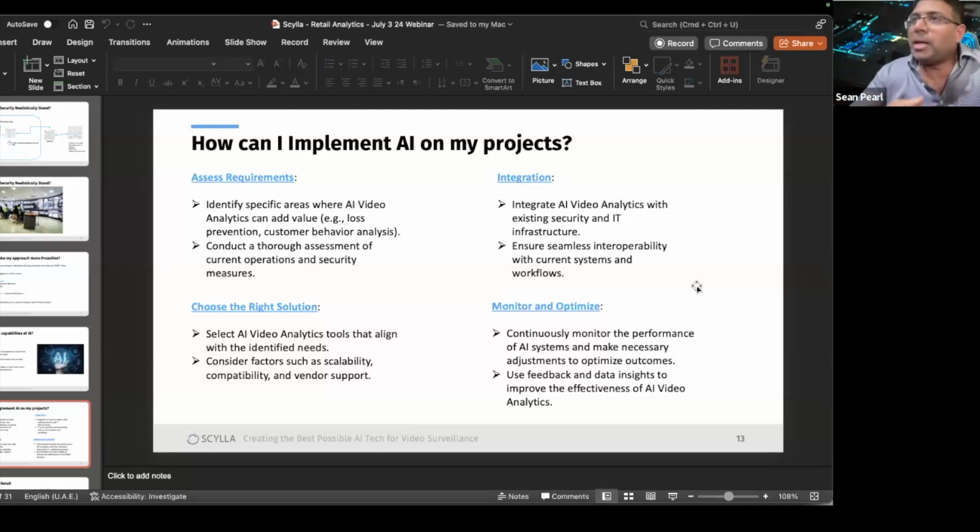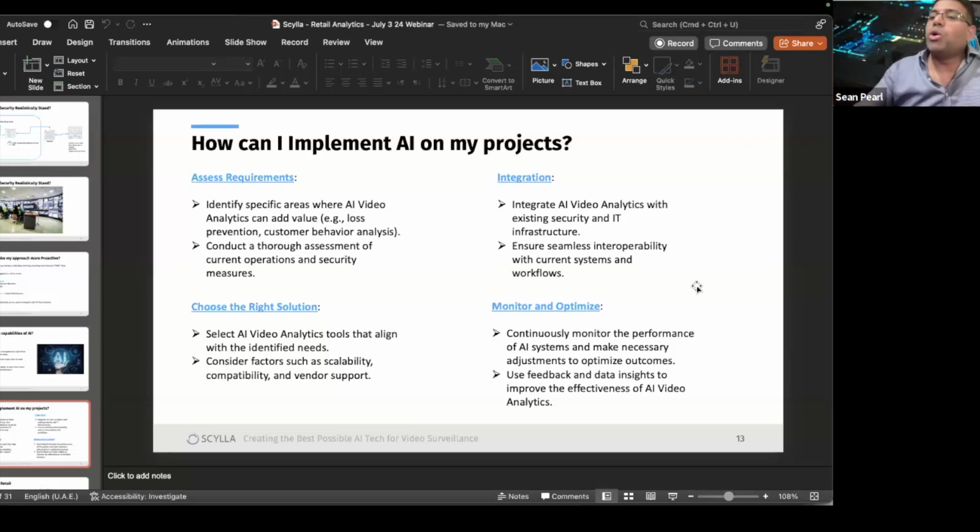Or maybe I'm trying to understand more about customer dynamics. Then I'm looking at proper retail analytics, things that are going to tell me how many people came into my store, where they spend time, all these kinds of statistics. Based on this, what you need to look into is how this aligns with my operational and my security measures. So that would ideally be step number one.